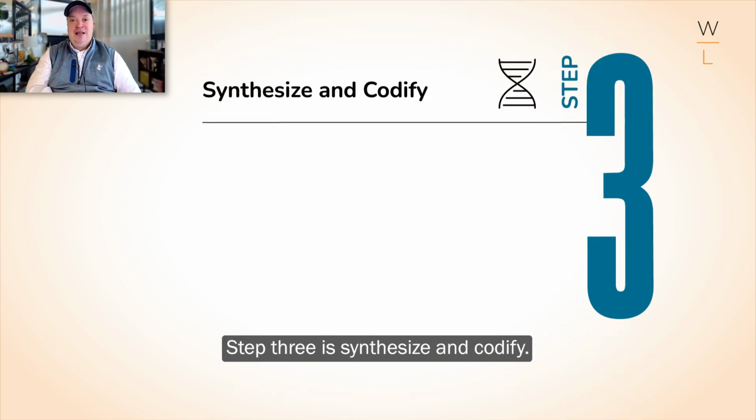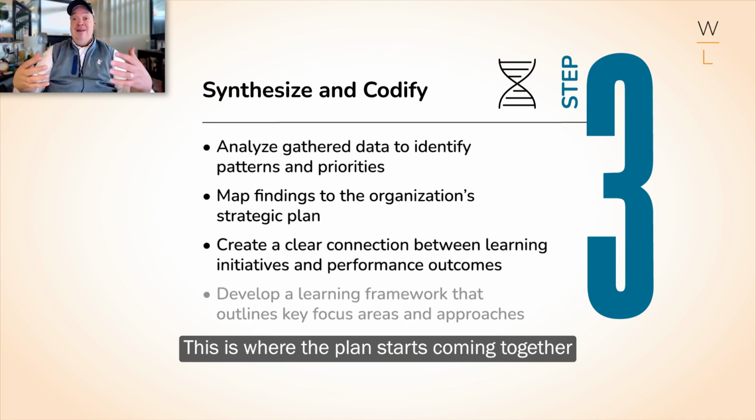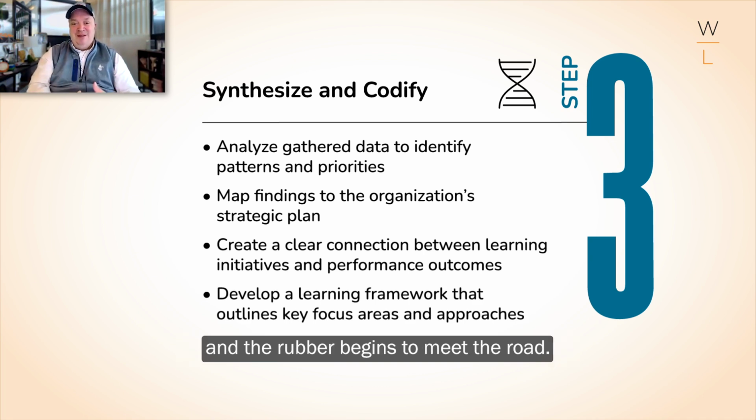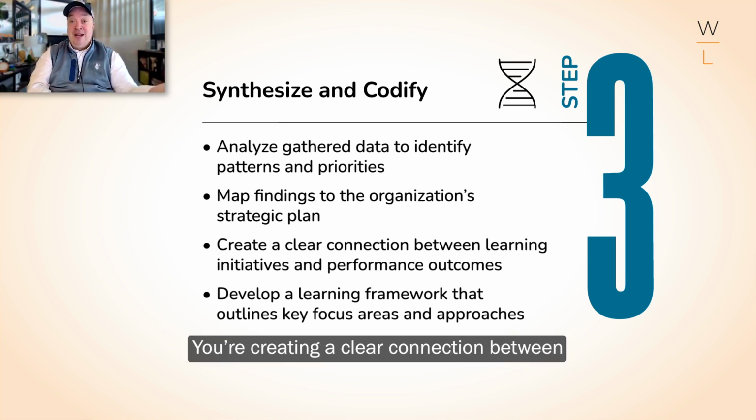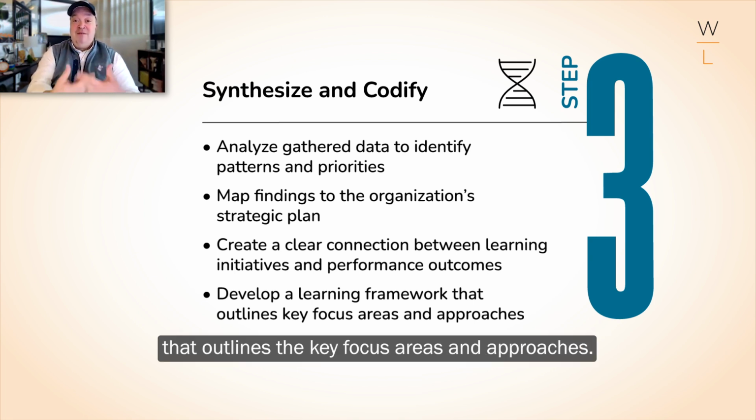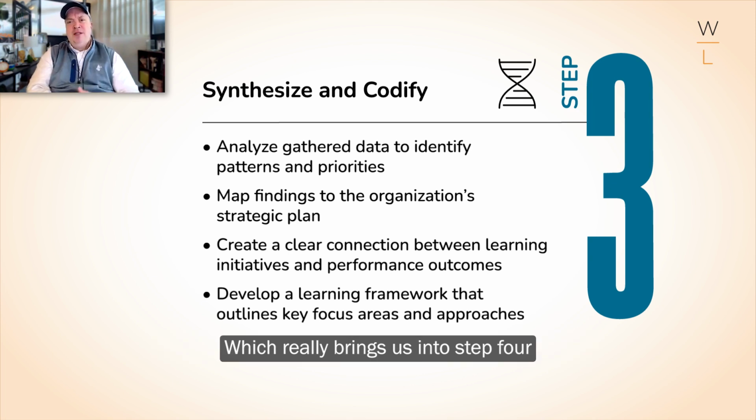Step 3 is synthesize and codify. And this is where the plan starts coming together and the rubber begins to meet the road. You're mapping the findings and what you have heard in terms of aligning learning to the strategy of the business. You're creating a clear connection between learning initiatives and performance outcomes. And finally, you're developing a framework that outlines the key focus areas and approaches, which really brings us into step